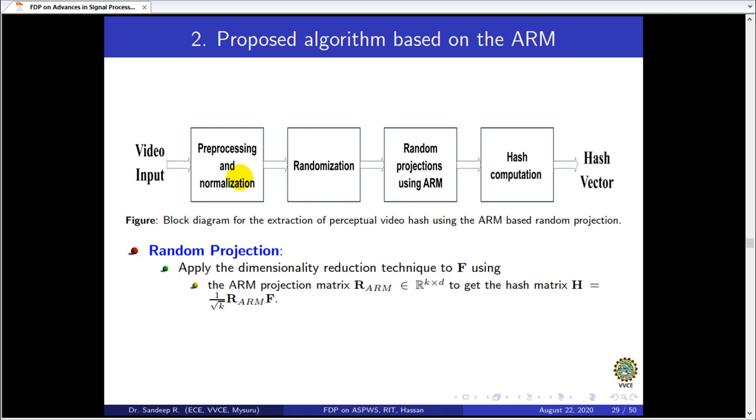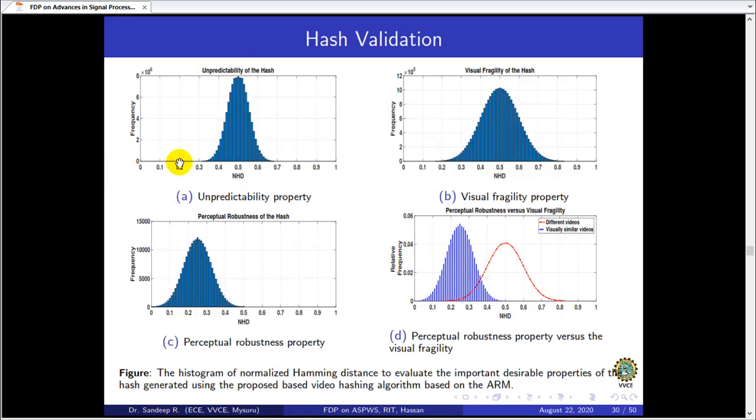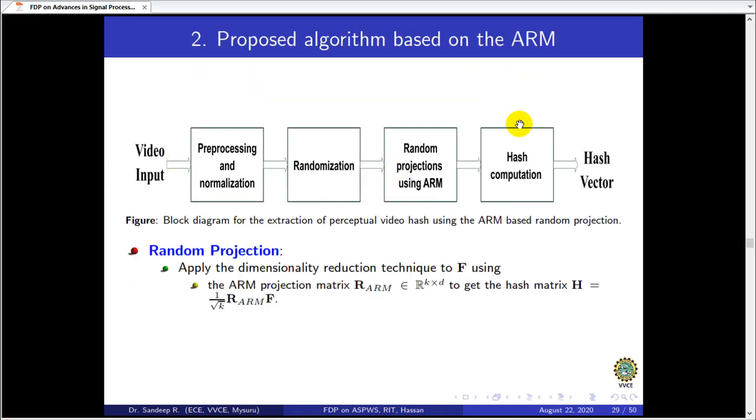Because each subcube, I can vectorize it. I've got one vector. Now there are n subcubes, so there are n vectors. Each vector is in high dimensional space, so there are n high dimensional points. Now I can apply random projection on these because these are points in high dimensional space. After applying the random projection technique, I get n points in low dimensional space.